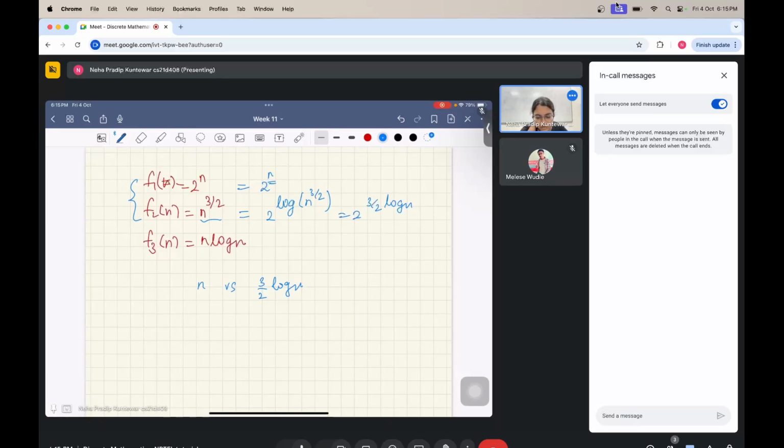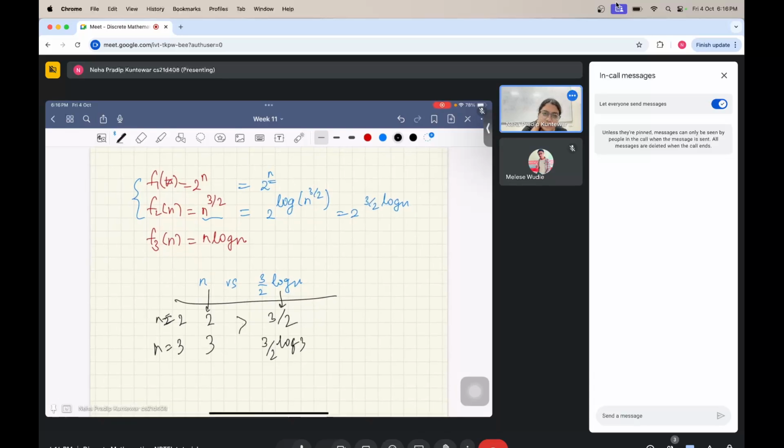Okay, so notice that if you try to plot the values, it will be very apparent that if you just try with n equals 2, at this point n takes a value of 2, then this takes a value of 3 over 2. I think even in the first step this is larger. Now if say n is 3, then this is 3 and this is 3 over 2 log 3, which is still larger. So you can see from this point that log n is a very, very slow growing function. So therefore n is definitely greater than log n,